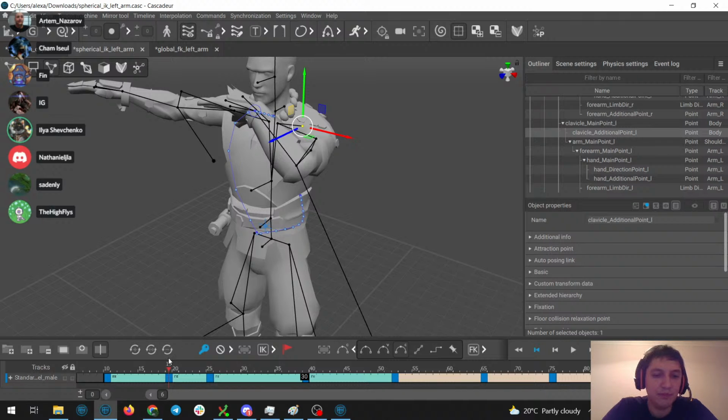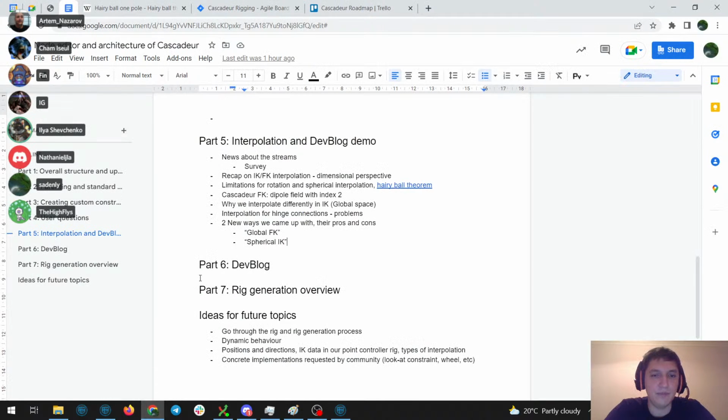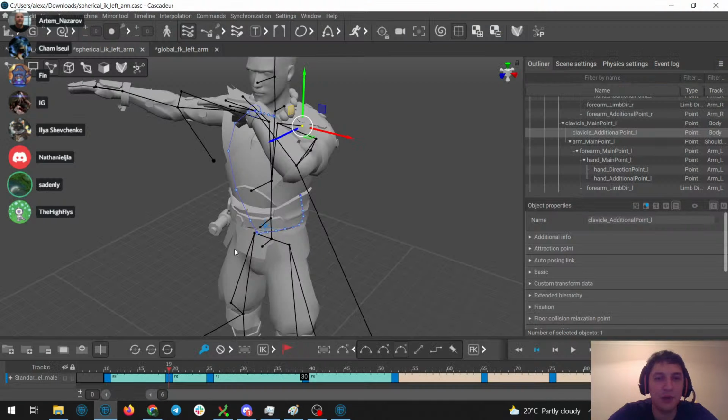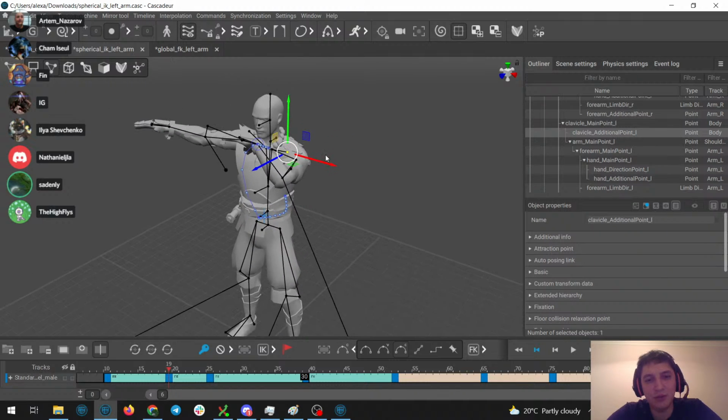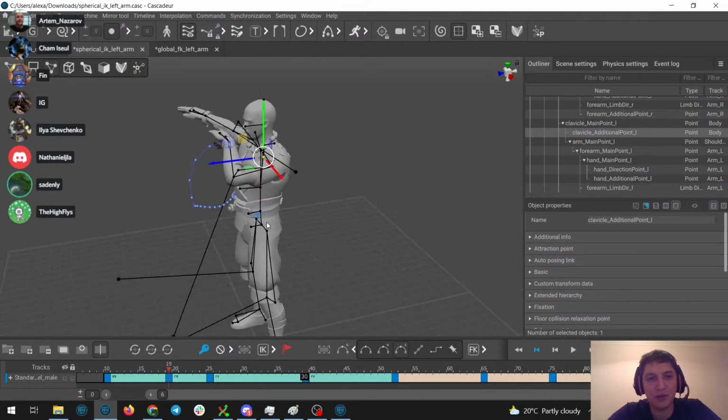Yeah, I added some suggestions. You think in cases when the pole vector is not used, like in FK, you can hide it or make it gray. Okay, yeah, I think it will be nice. We're actually thinking about showing FK or IK on the points as well, but didn't have time to do it yet, but maybe we'll do it. Thanks for the idea.